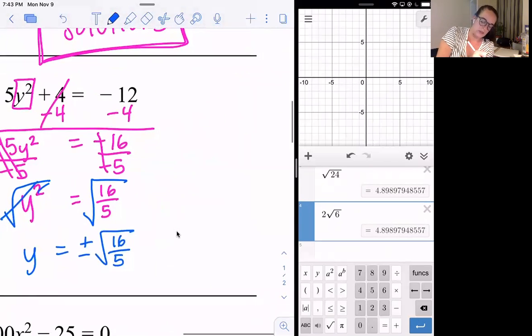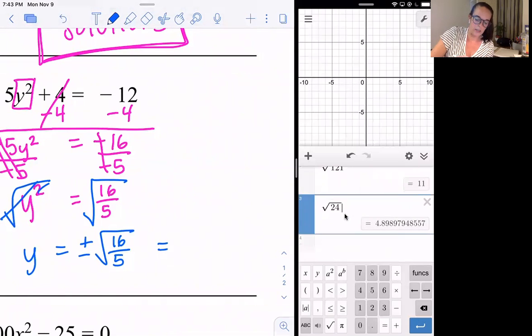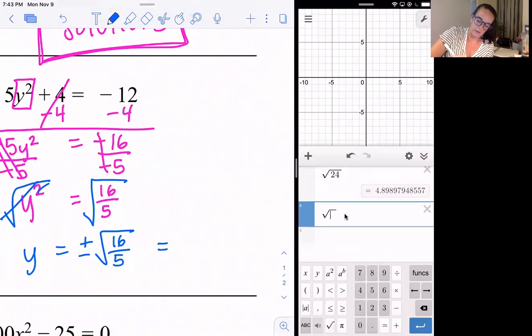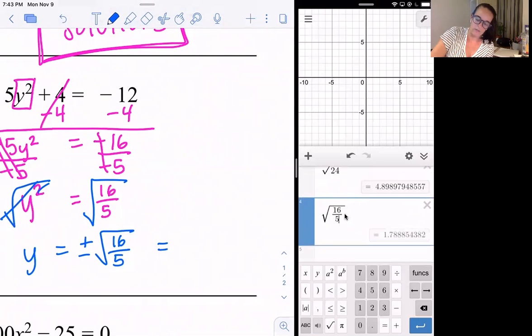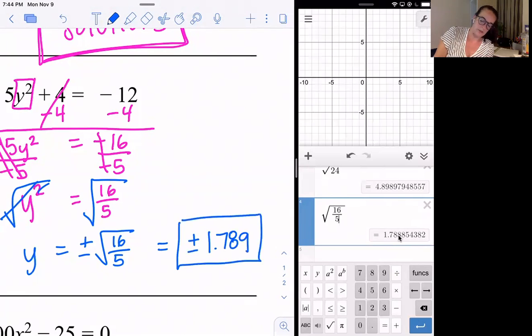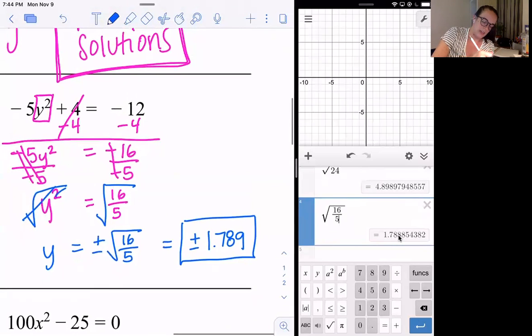If you want to, you could find the decimal approximation by going to your calculator. You can type in square root 16 over 5 like this, and you get 1.888. That 8 is going to turn this into a 9. So plus or minus 1.789. This is my decimal version. If you're interested in that